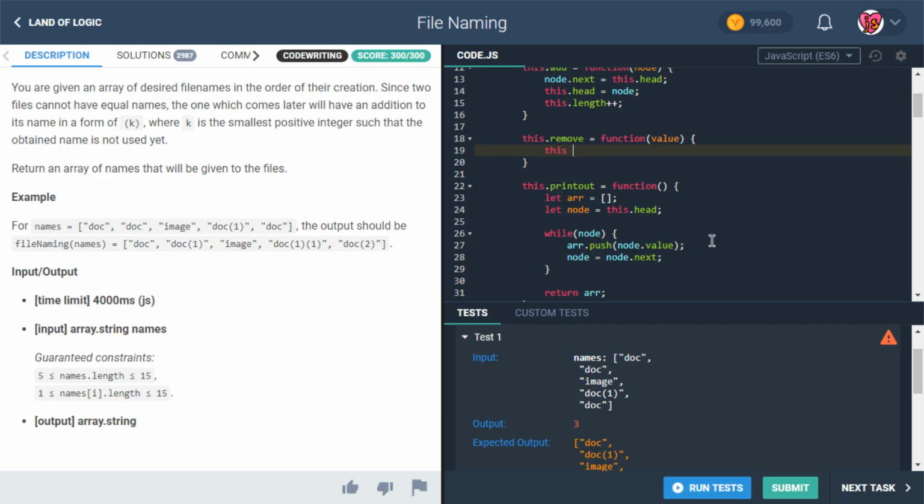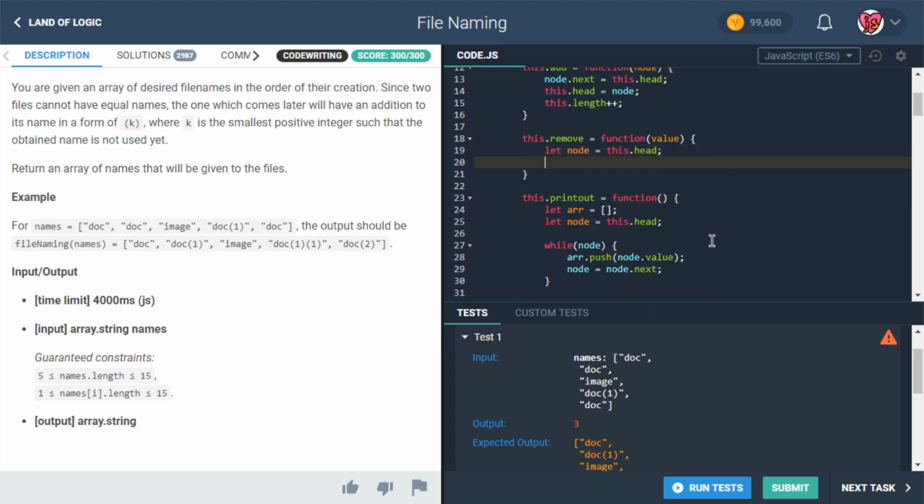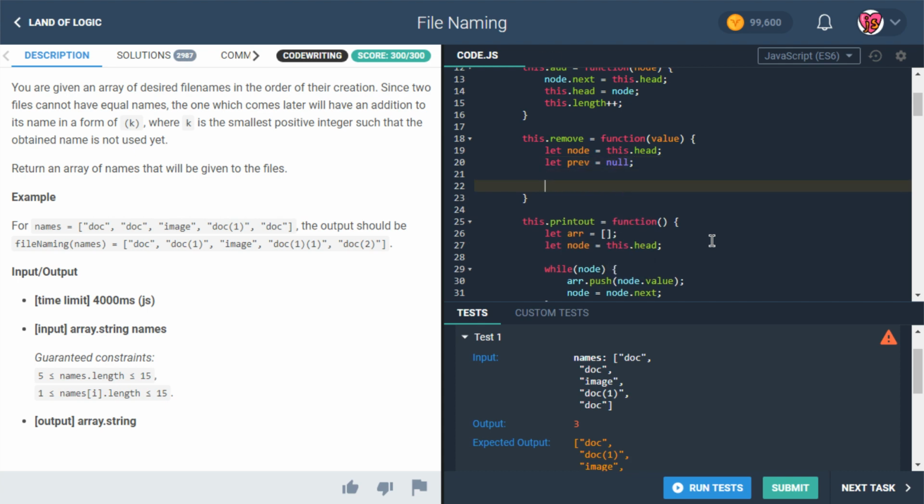So we're going to start with, we're going to say let node start at the head. Let the previous value start as null, because at the head there is no previous value. And then basically, I guess we'll just go through it and we'll say, first of all, if node.value is the value we're looking for, if we found it here,